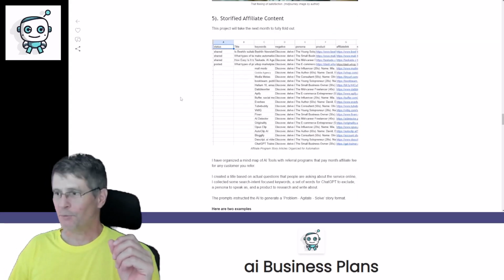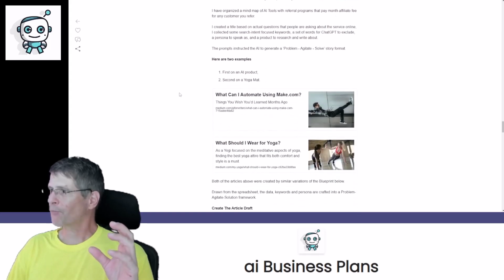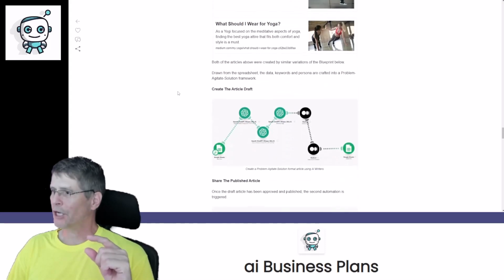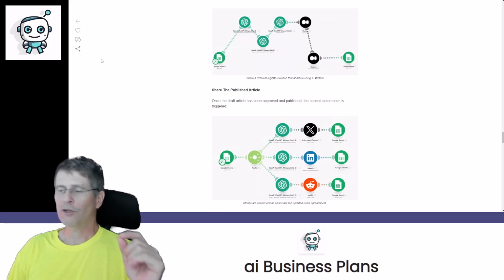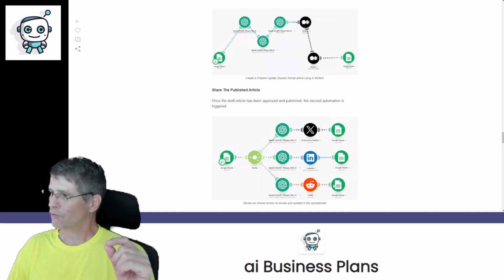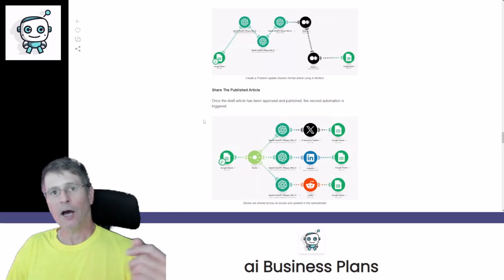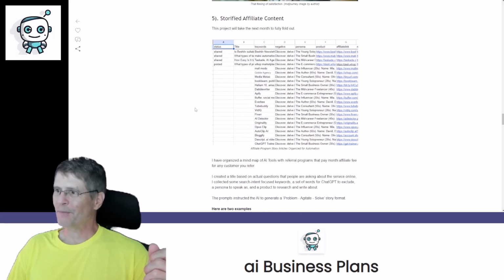The next automation is my favorite. It takes a spreadsheet of your affiliate information and it creates a problem-agitate-solve style article. There's a couple examples here in the blog post, but here are the automations. The first automation runs to create the article and post it onto Medium and then updates our spreadsheet. And then the second automation takes the details from our spreadsheet and shares it across all of our social media and then updates that it's been shared. It is an amazingly powerful system, and I can't wait to unfold the process for the next month and then